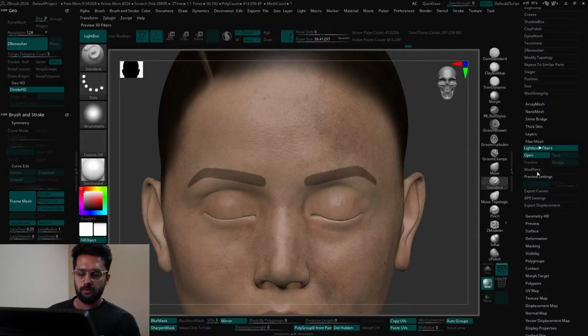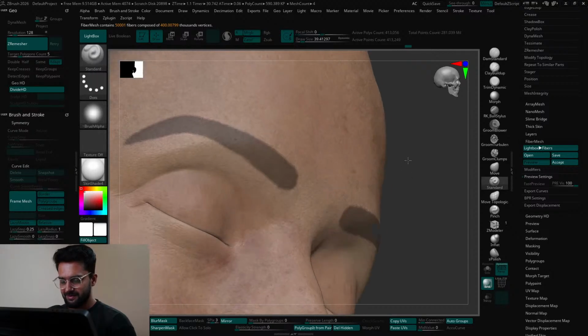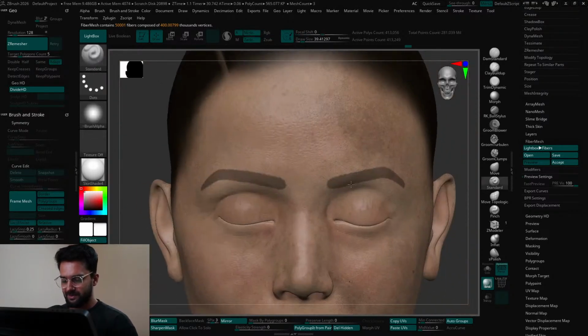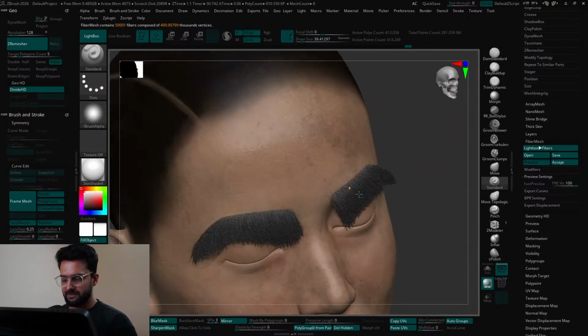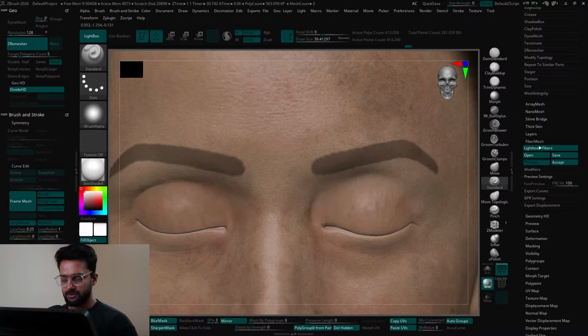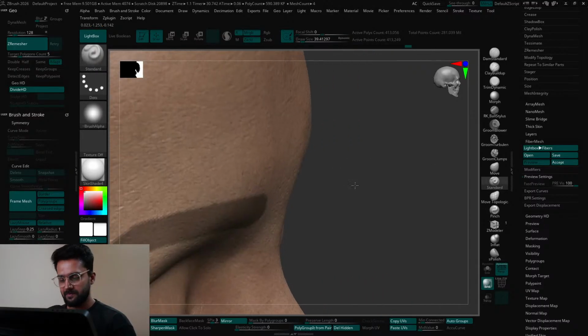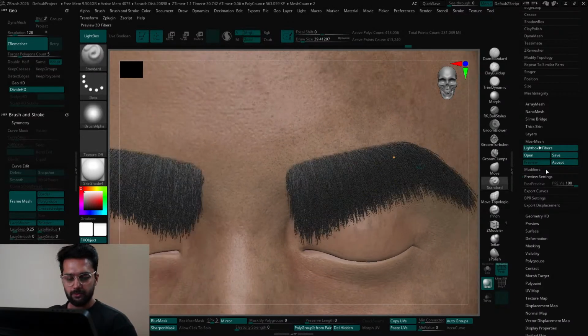So you can see a few options here. To get started, we will click on preview and you can see this. We have the hair. Although it's looking like a bush, which we clearly do not want. So what we are going to do,